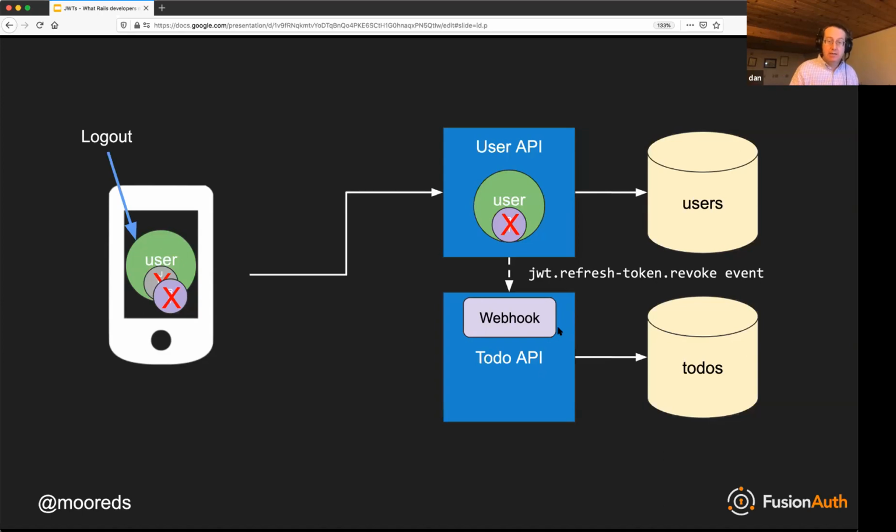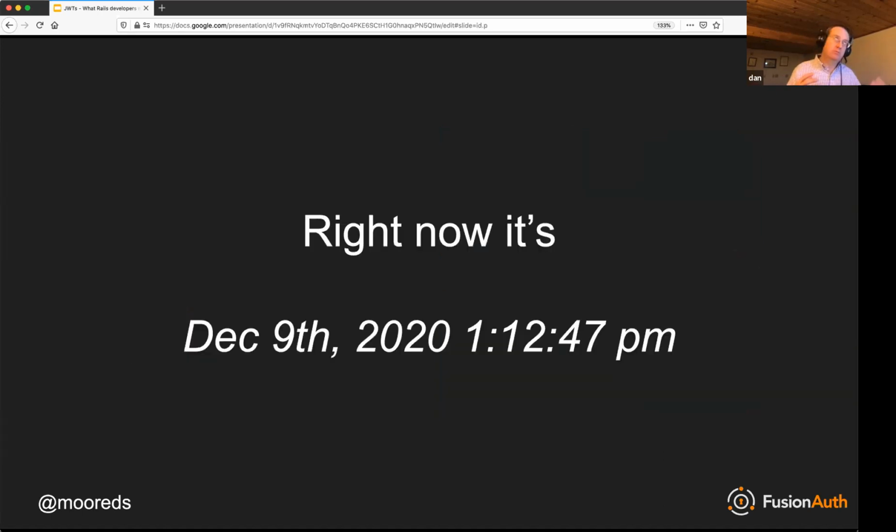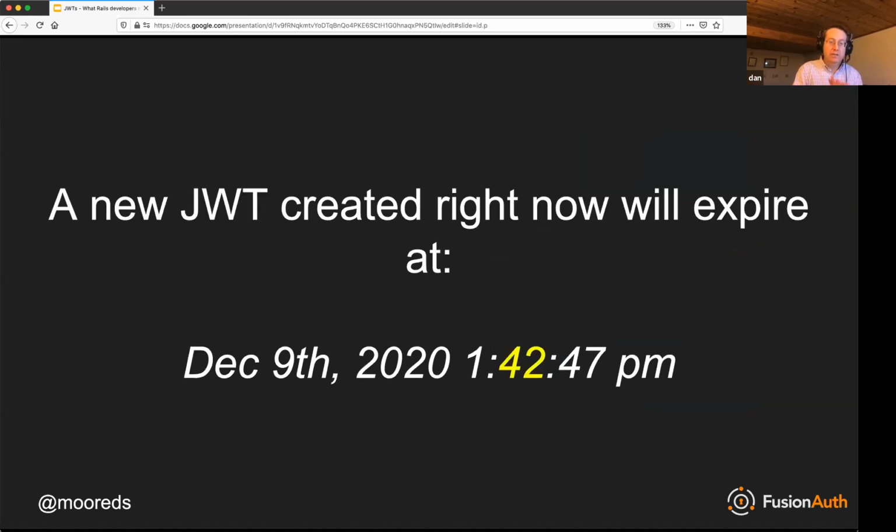How it might work in practice: right now, let's assume it's 1:12:47 on December 9th, and we are creating JWTs with a 30-minute expiration time. If we create a JWT right now, it would expire at 1:42:47.